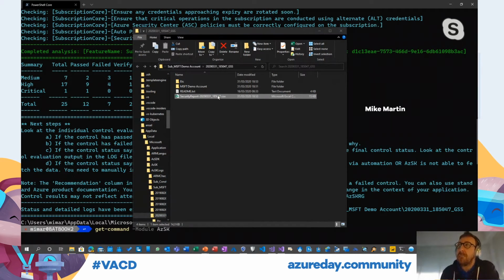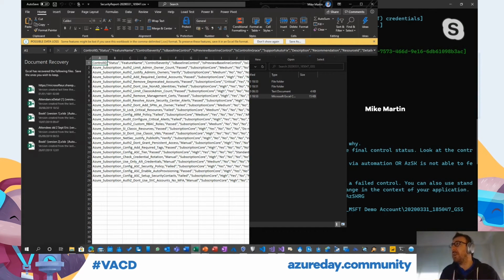fix. Some of these are redundant. Some of these are complementary to things that we see today in a tool called Azure Security Center. And it's best to use them together, and you can use these same outputs or the same failings as a gated deployment. So if we take a look at the Excel file, just to give you an idea,